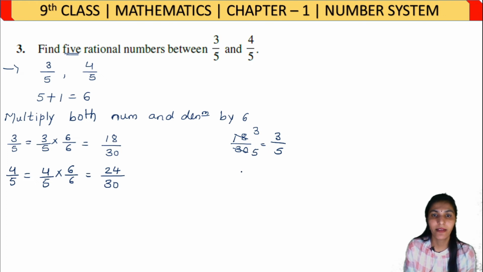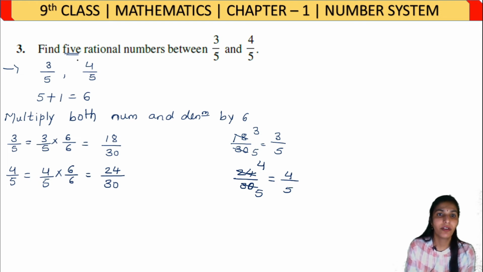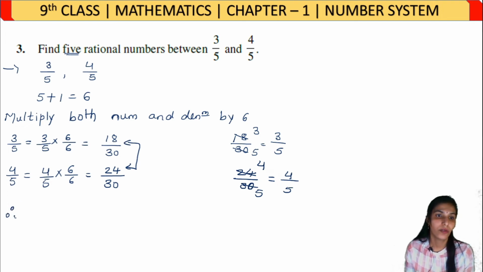So same, when I cancel these two, we get the same numbers. 6 4s are 24 and 6 5s are 30. Well, I will be getting the same number, 4 by 5. Now we have to find 5 rational numbers between these two numbers. Therefore, 5 rational numbers